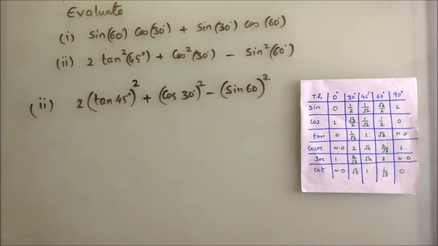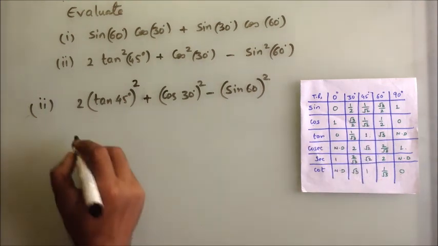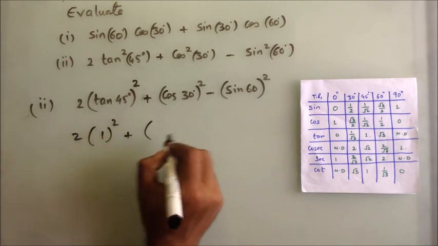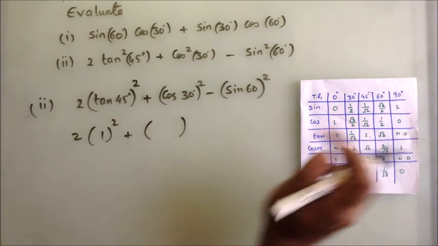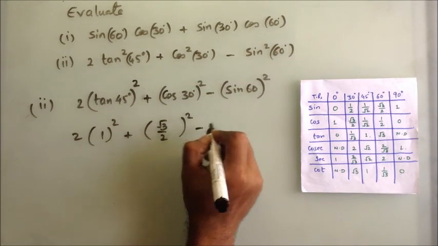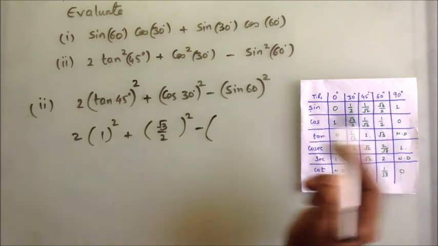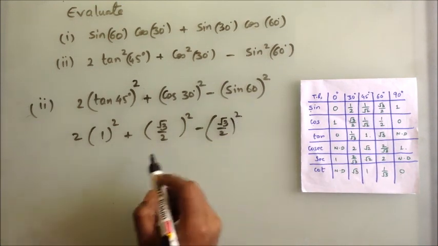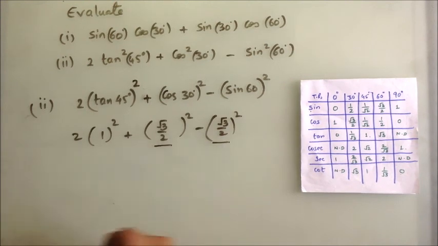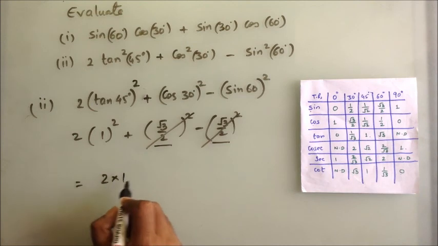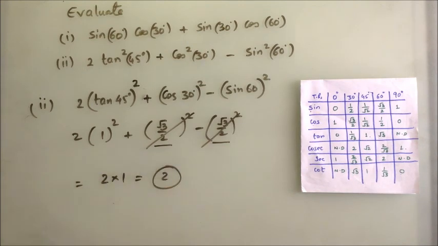Now tan of 45, referring to the table, tan of 45 is 1. Therefore this would be 2 into 1 square plus cos of 30 is root 3 by 2 whole square, and similarly sine of 60 is root 3 by 2 whole square. You can see that this term and this term are same, and they'll get cancelled, and the effective answer would be 2 into 1, and the answer for the second part would be equal to